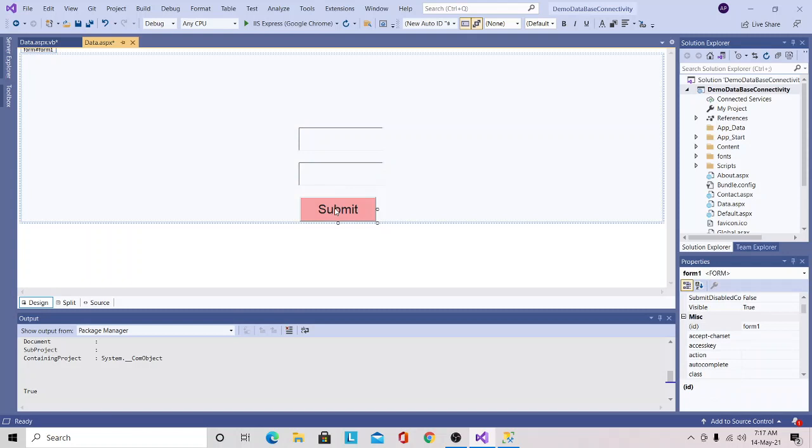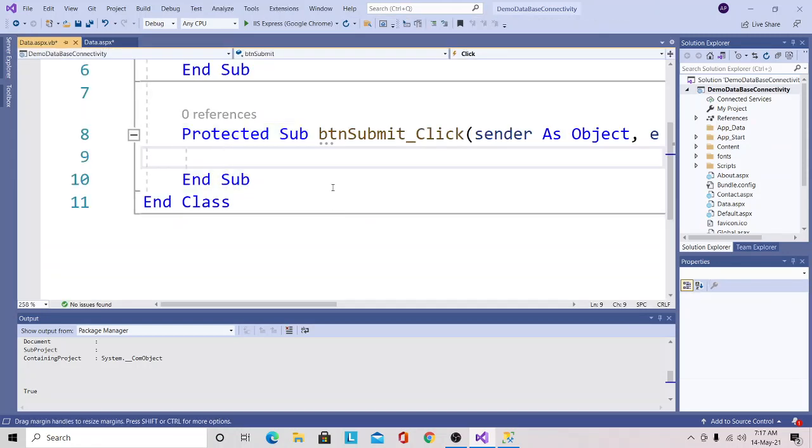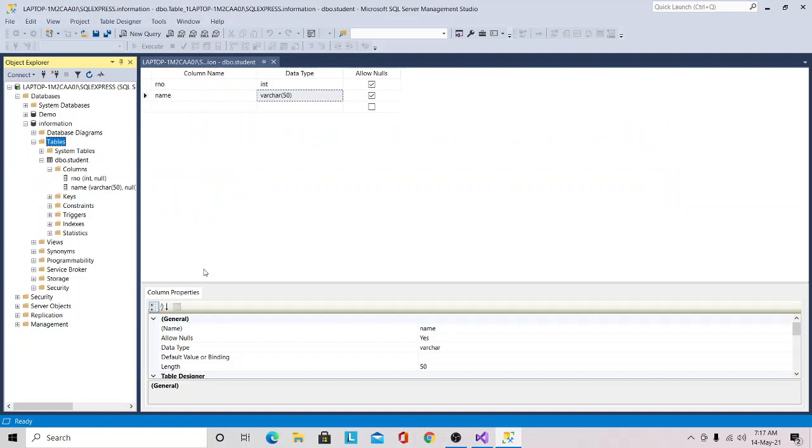When the user clicks on the submit button, all the values entered by the user need to be stored in the student table that I have created in the information database in the Microsoft SQL Server Management Studio.